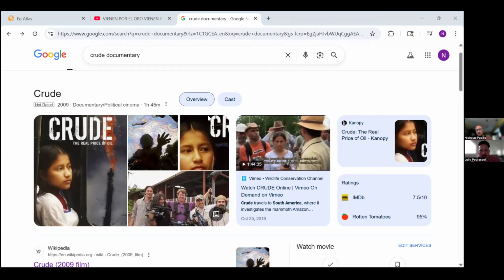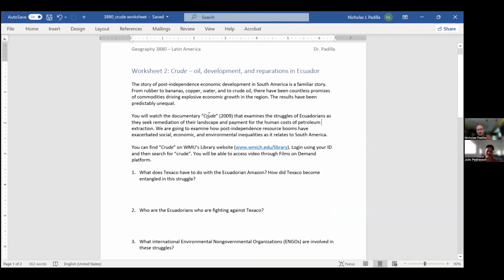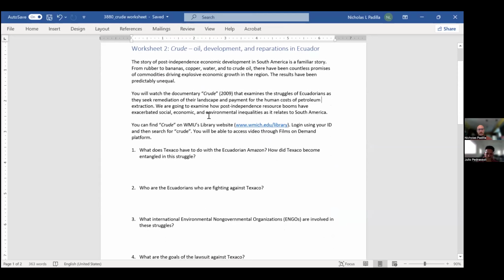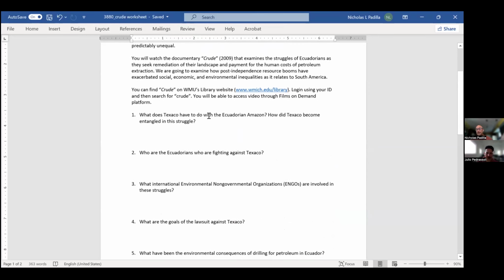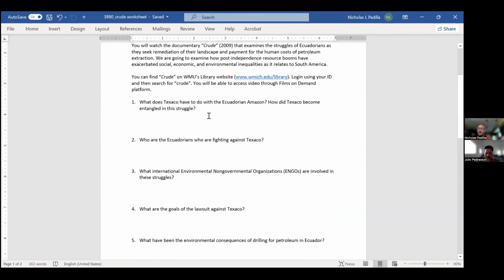So here, right there, I give them a little context. Of course, an academic wants to talk and fill the world with all of their words and ideas. And we're just getting them to think about what's going on, right? I want them to think about not just what petroleum extraction looks like. They have a very easy time of understanding that petroleum produces economic benefits, right? This is a story that we've been told, right?